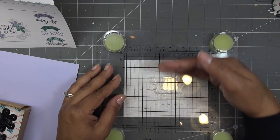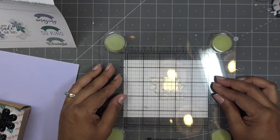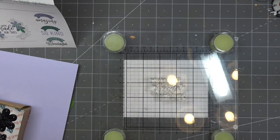So I can see from up and down, it's pretty great. But from this side to side, it's a little bit off. Okay. And then I'll move this over when I need it. Well, actually, I have to turn it over, so it doesn't matter. I'll readjust. And I'm going to use